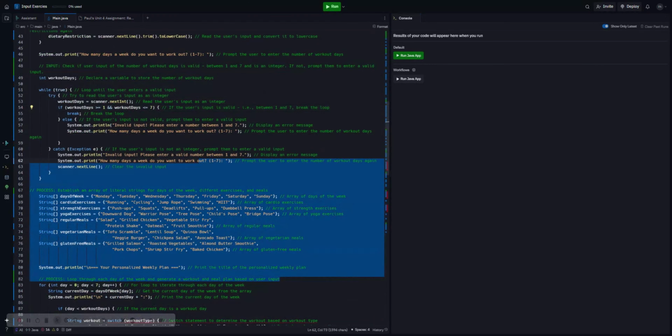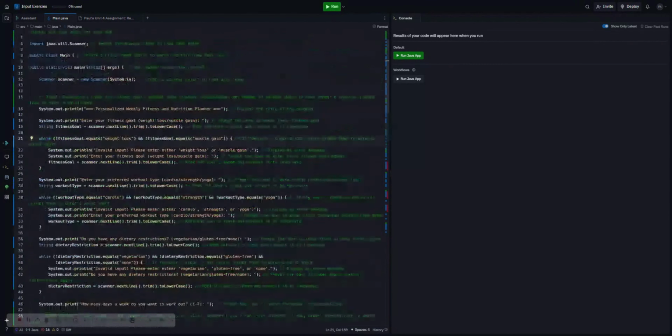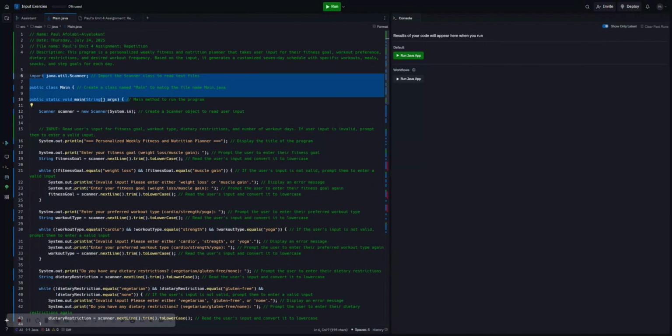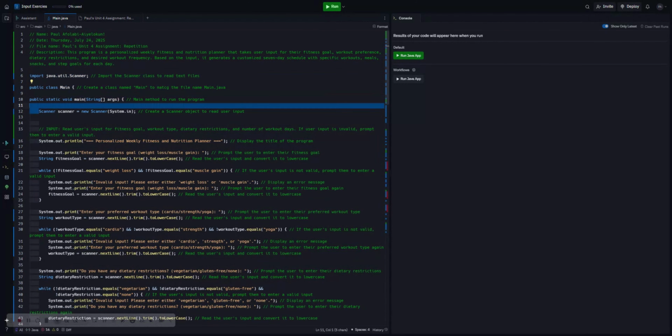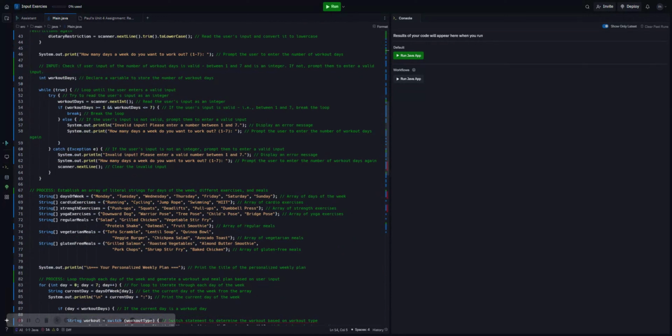Alright, so let's begin with the overall look and readability of my program. You'll notice that just after the main method is introduced, each space has an exact 4-space indent. You'll also notice a lot of white space and empty lines. For example, this array of strings is bunched together because they all have a similar function,